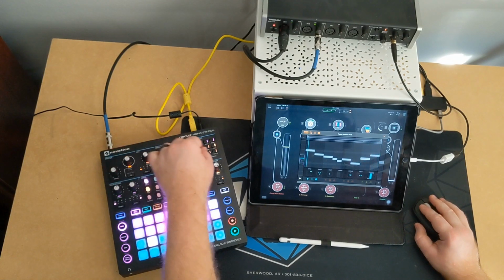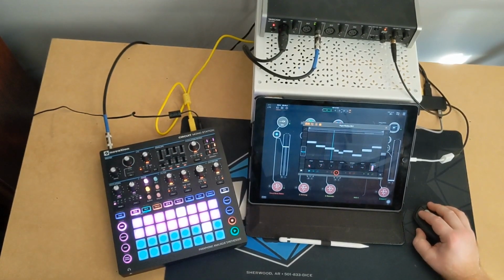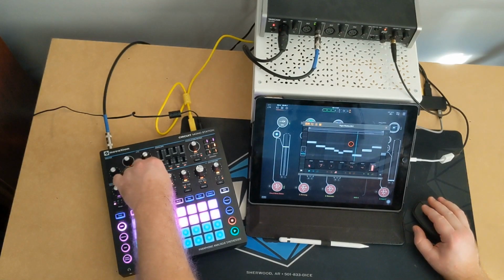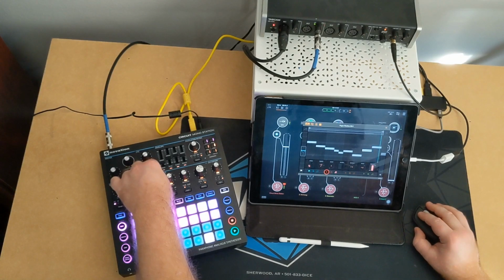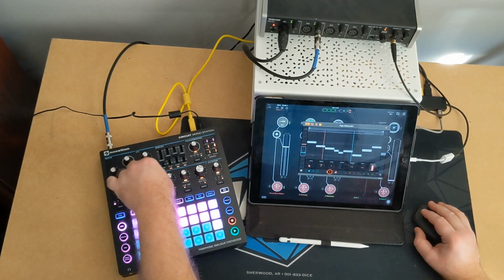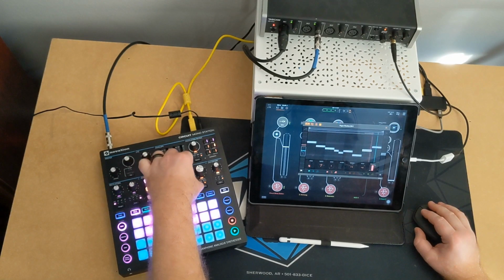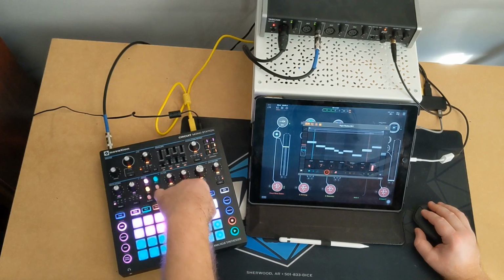So then when I'm ready, turn up oscillator 2. And you can hear when it adds in there, we're still getting oscillator 1, but oscillator 2 is also doing its own thing. And for the moment, I have oscillator 2 bypassed, so it's skipping the filter completely. But if I turn that off,